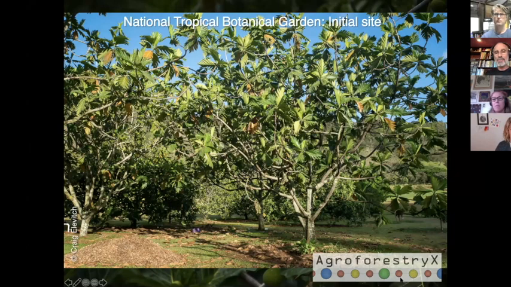This is another example. This is an example for those of you who already have an orchard or a planting of some sort that you want to turn into a multi-story agroforest. This is a project at the National Tropical Botanical Garden.